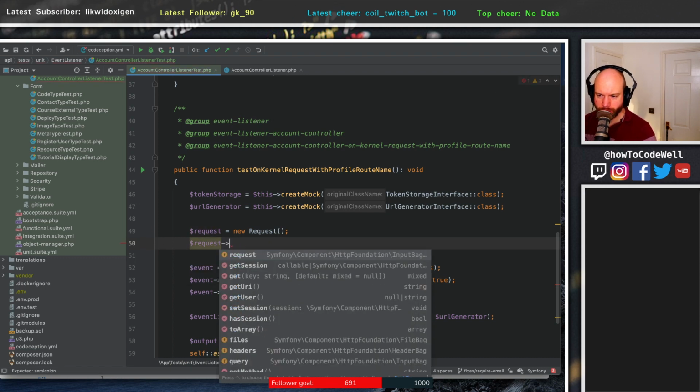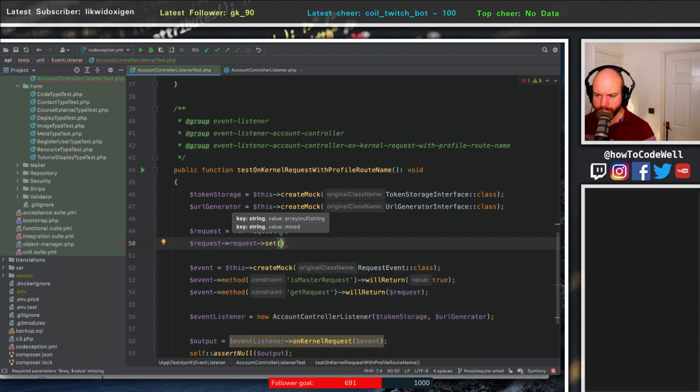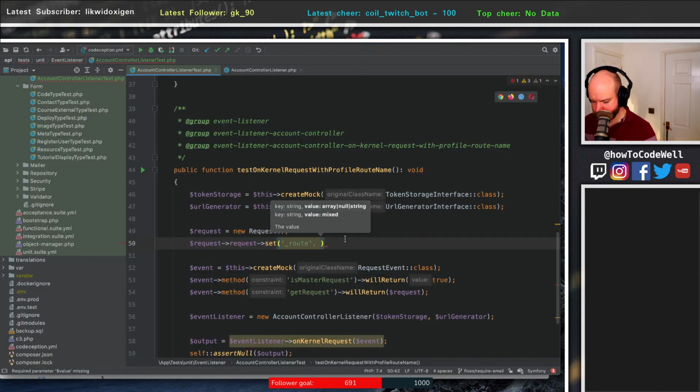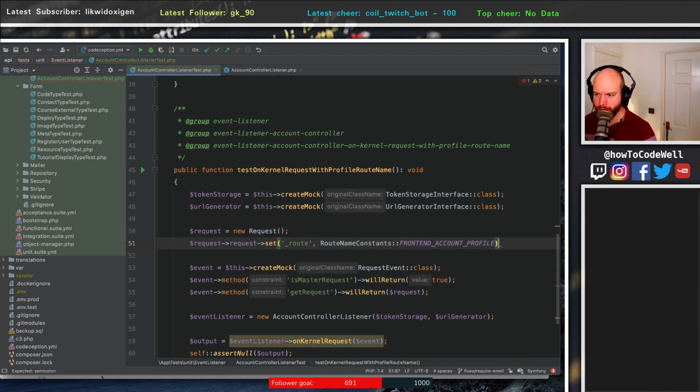No. Is there a way I can do a request and then set? Aha. Okay, so can we do _root, and can we specify that to the root of this, which is root name constants front end profile? Let's just try and have a look. So root name constants front account profile. Okay. So we've instantiated a new request and we've set that like so, and we've passed that down into this